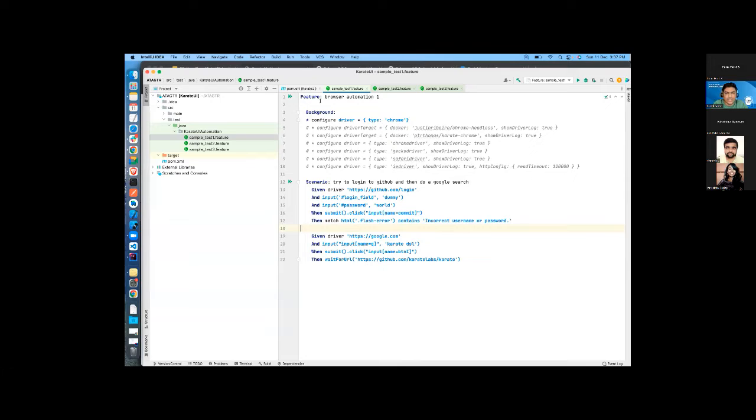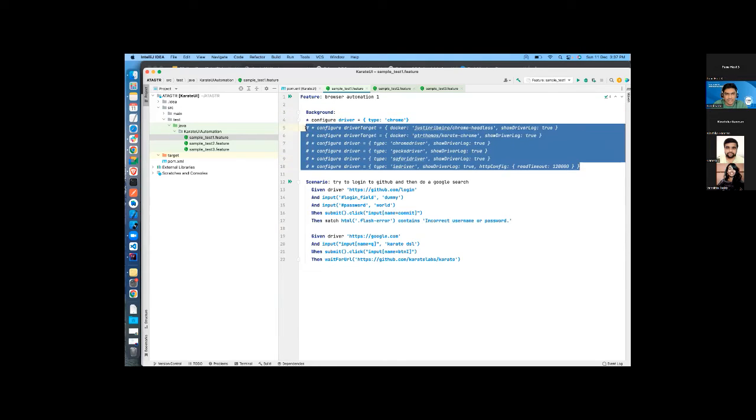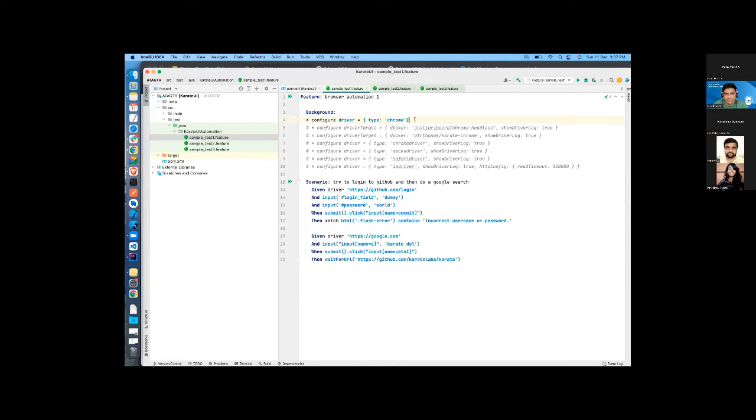What we are doing here is we have a standard BDD syntax where we have mentioned the feature description. We have something which was provided by default in the downloaded file. I've just kept Chrome for the current example. We have a scenario with its description.